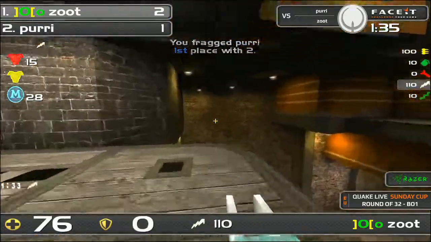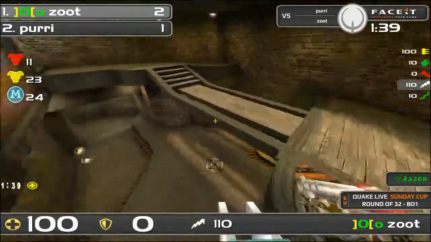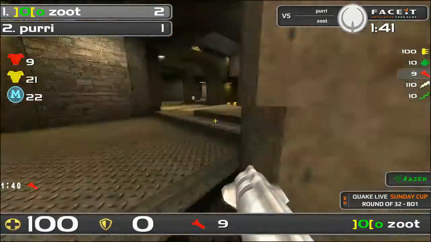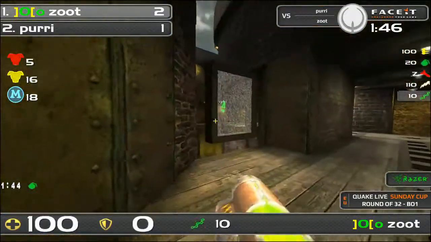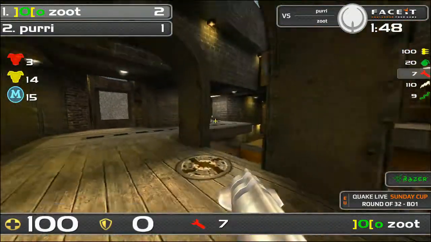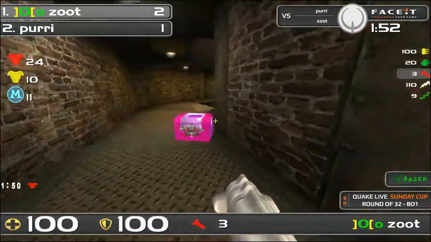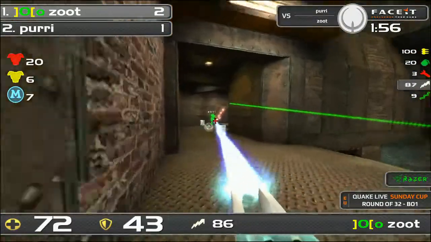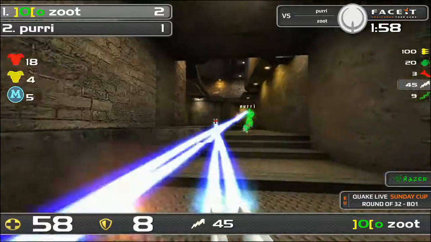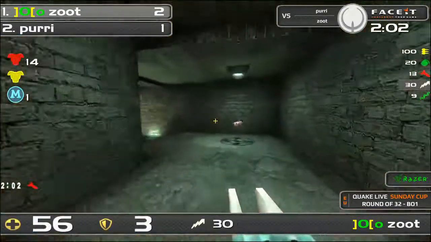He doesn't get the frag, but he did enough damage so that off the spawn he can try another run at Zoot here. And let's see if he does it. Purri right now collecting items. He does have a railgun now, and that should help him a lot. He just has to connect though. Yeah, absolutely. I think if you ever want to find purri fresh off the spawn on this map, you just have to wait at rail a little. It's like his go-to weapon, as you can see so far. Just constant harassment and...